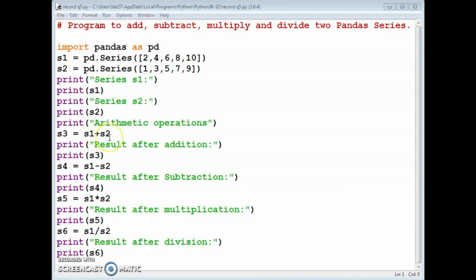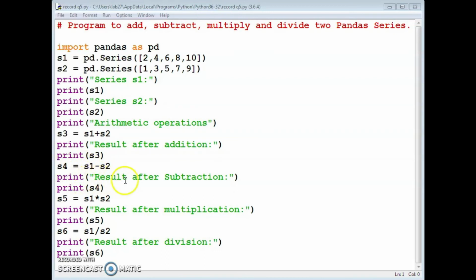s1 and s2 are 2 series objects. Then we stored the values in this object s3. Print result after addition, that is print s3. Likewise, s4 is equal to s1 minus s2.